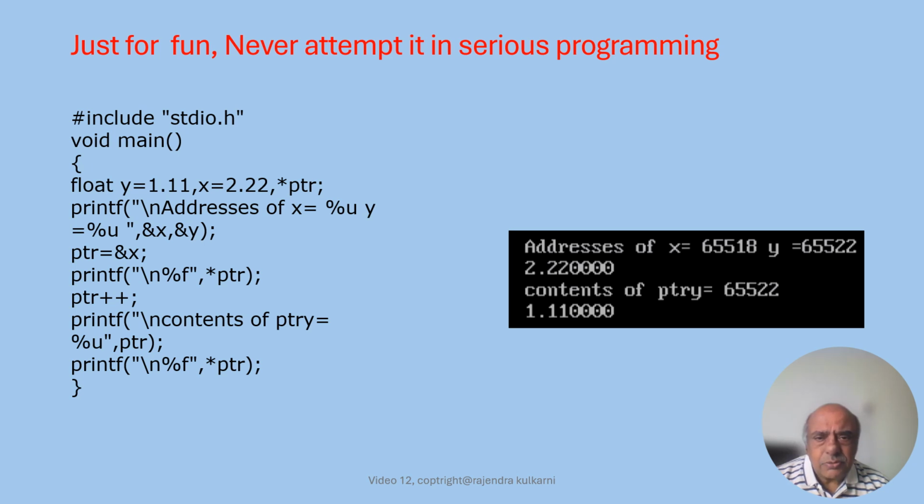When I ran it on my laptop, this is the screenshot of the output screen. What we can find here is address of x and y is given by this printf statement. The contents of x, which is 2.22, these are obtained by using the statement printf %f star ptr,